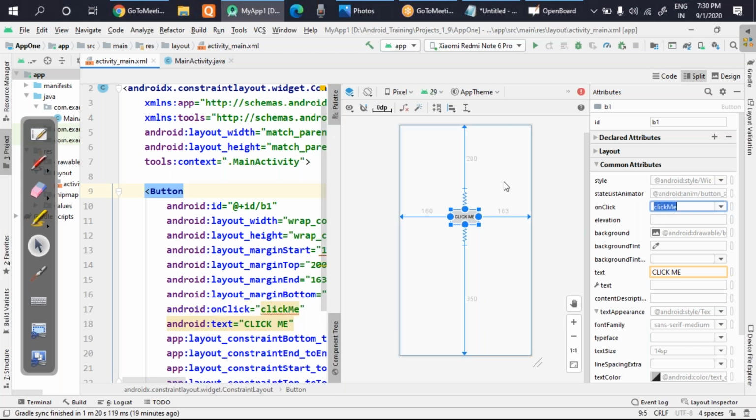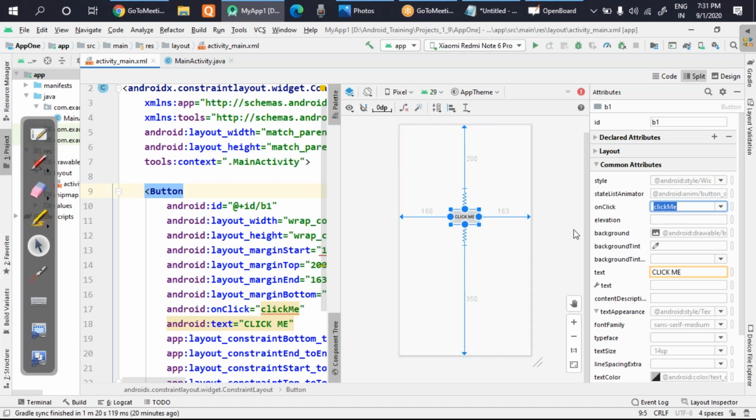So as soon as you press enter, this clickMe function is created. Okay, it is not created, it is attached to the button. It means whenever you click this button, at the back end somewhere you have to write a function whose name will be clickMe, and whatever you write in that function will be executed. Are you getting my point, guys? Okay, I'll repeat once more. I've just written the name of the function, not created it.